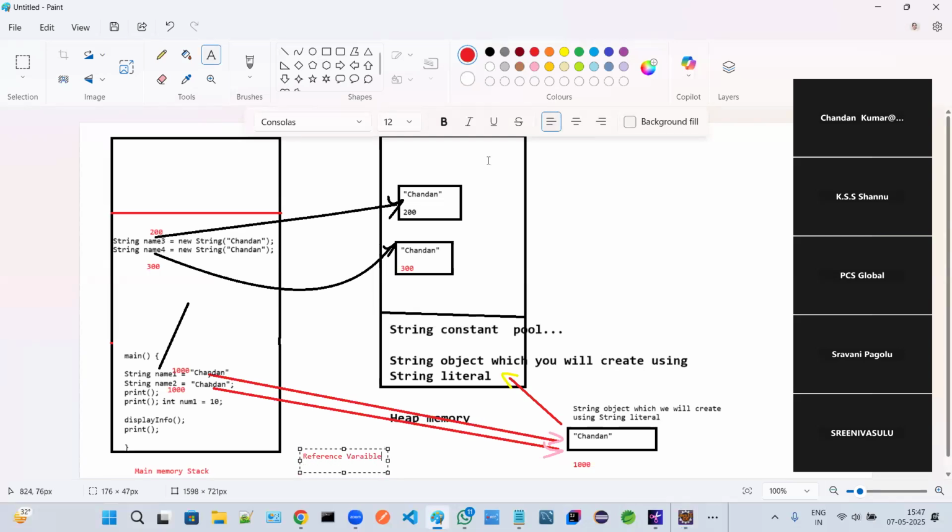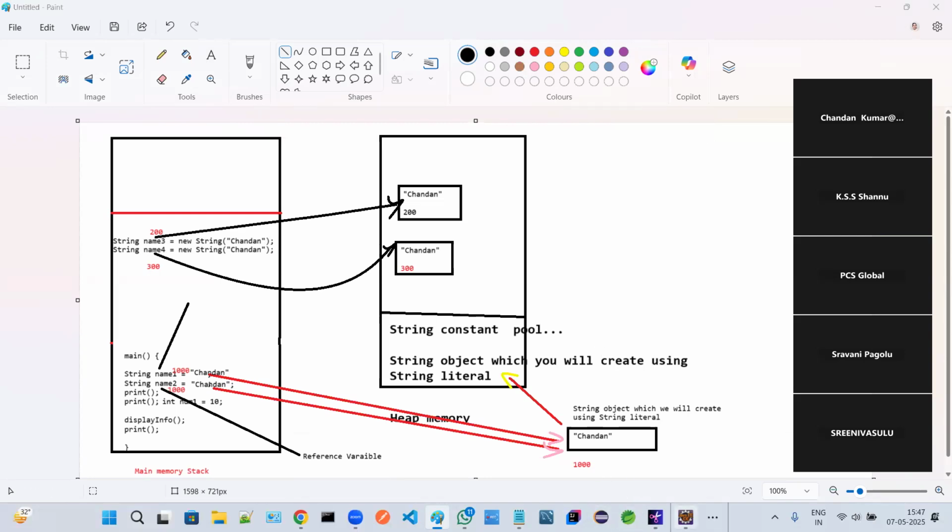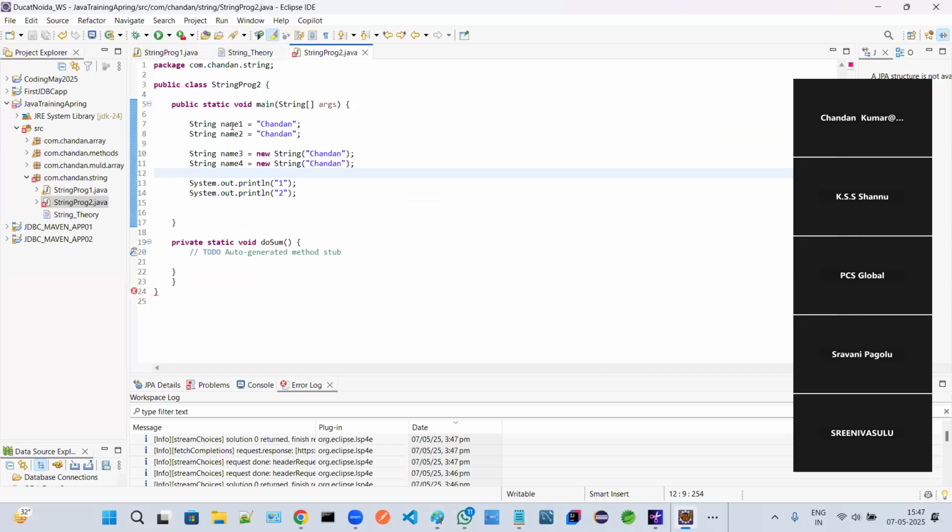This is the reference variable. Why reference variable? Because it is holding a reference. Reference means what? Address. Now we are having 4 reference variables, and we know we have created